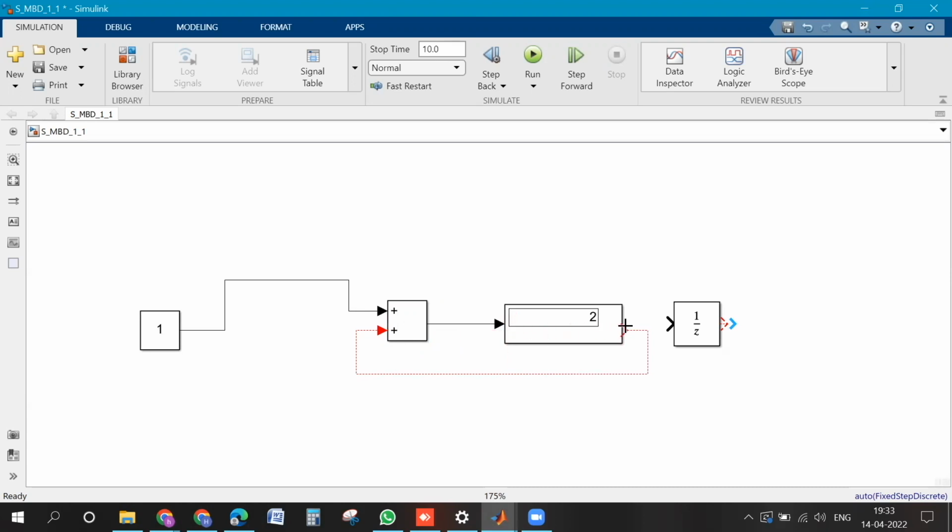The output line of the add block, the signal that is connected to the display. Connect to that line. Yeah, there. Okay, now if you try to simulate, you will get an error